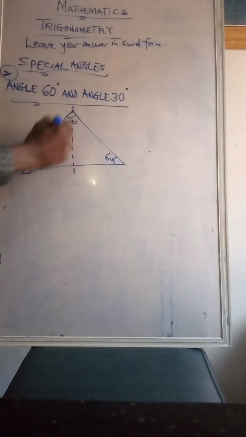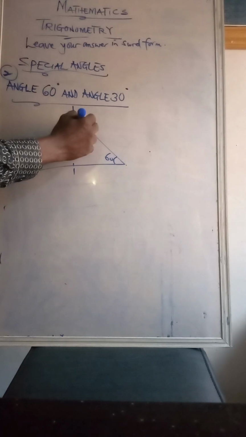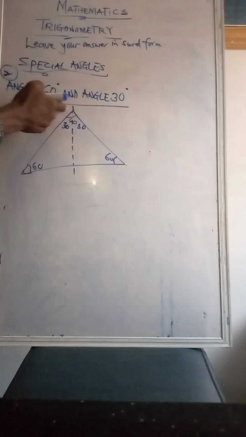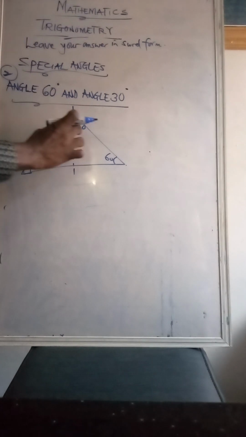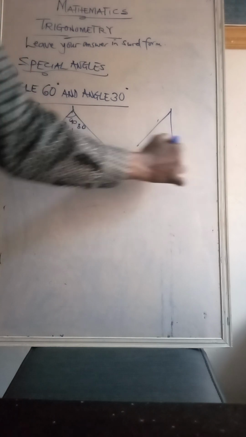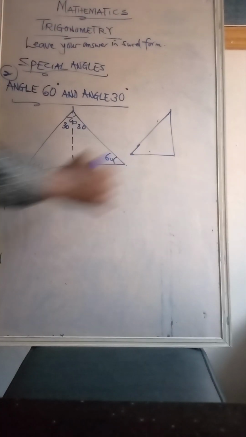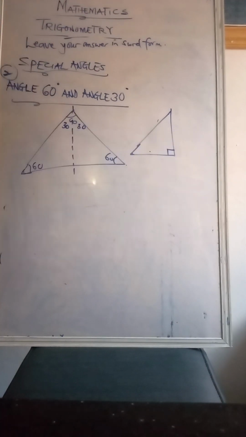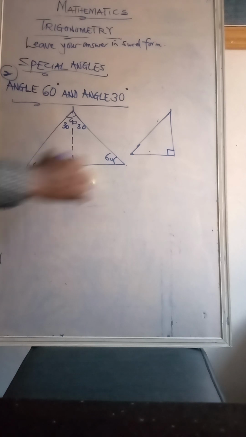Fine, if I want to get 30, I have to bisect, I have to divide it into 2. So if I divide into 2 this way, that means I can have one triangle here. So this place is 30, this is another 30, because 30 plus 30 will give us 60. So now if I bring one triangle out of the 2 we have, this is angle 90, the angle 90 is here,